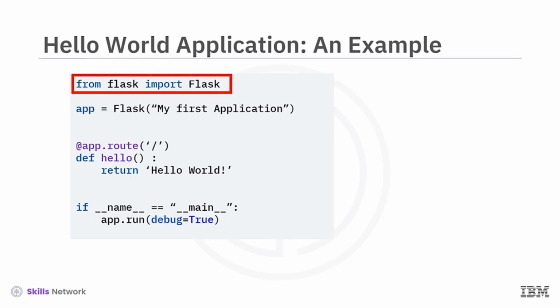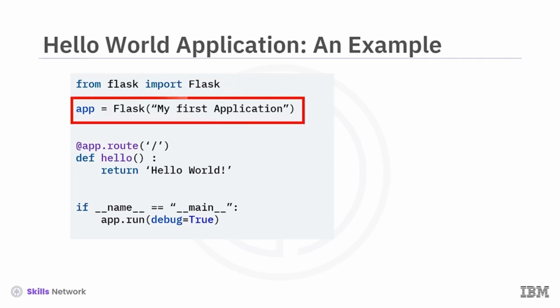Step 1. Install Flask. Step 2. Import the Flask module from the Flask package. To do this, type from flask with lowercase f import Flask with capital F. Step 3. Create an object of the Flask class as a web application with the name My First Web Application